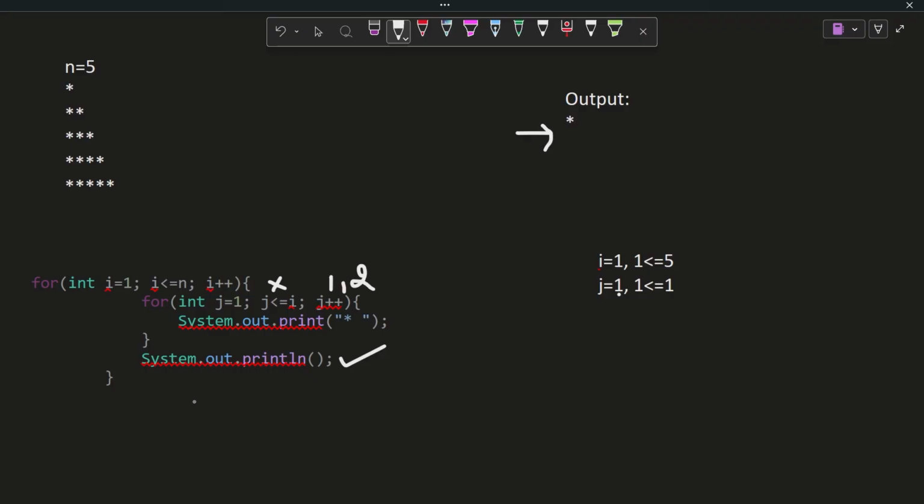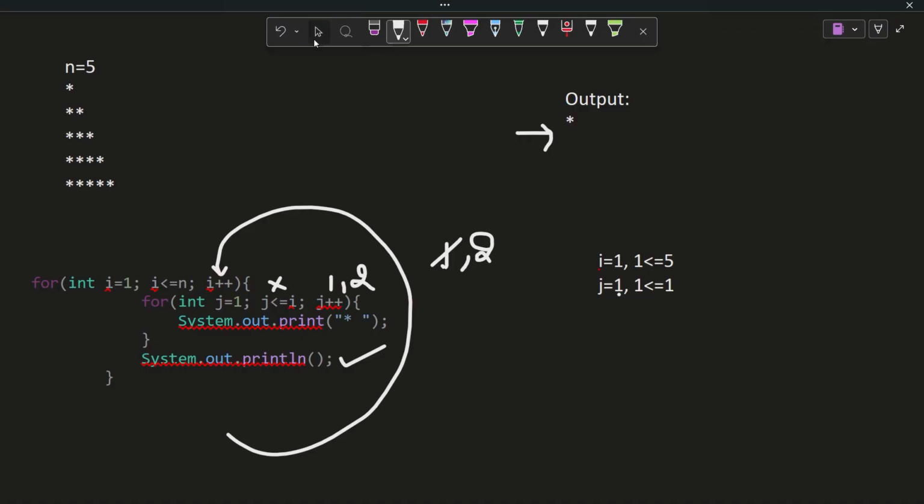Clear? After coming to the next line, i plus plus, that is, i gets incremented to 2. Initially i was 1. Clear? Now the value of i is 2.